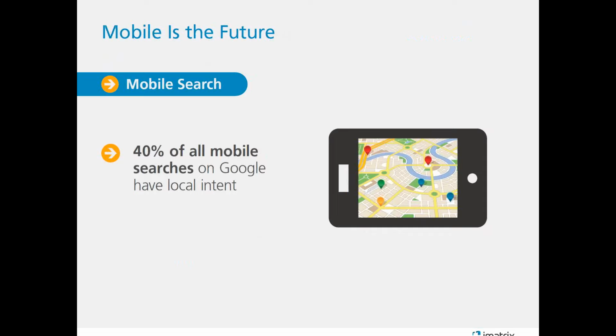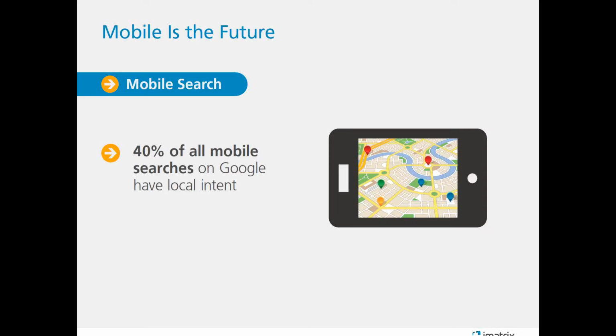Mobile is the future of search. Even Google has admitted themselves that mobile is the way to go. A lot of people are searching on their phones and on their tablets. They're on the go. They're busy. They don't always have a computer to sit down and search at. A lot of smartphones and tablets are built to keep you mobile and keep you going in your everyday busy life. That's essential to a lot of the searches now.